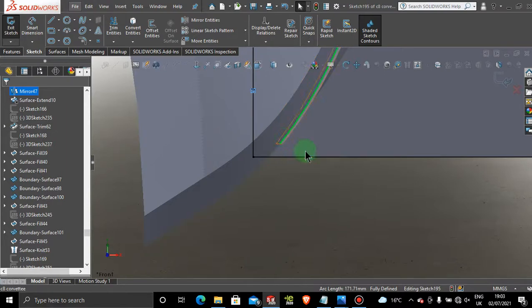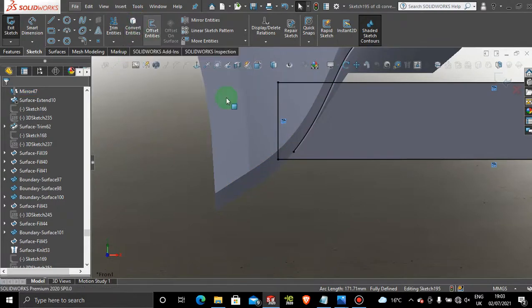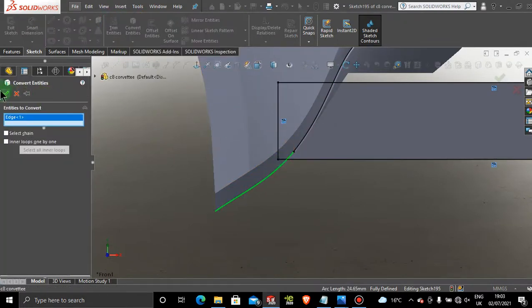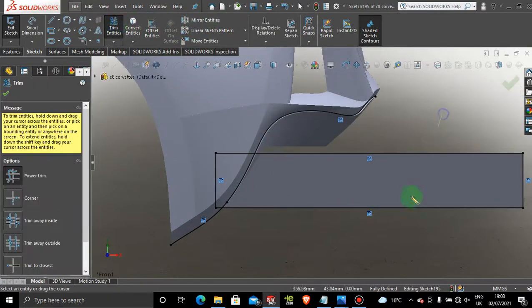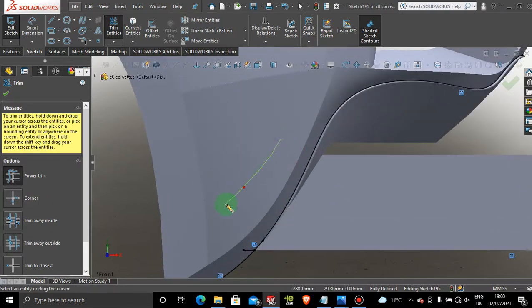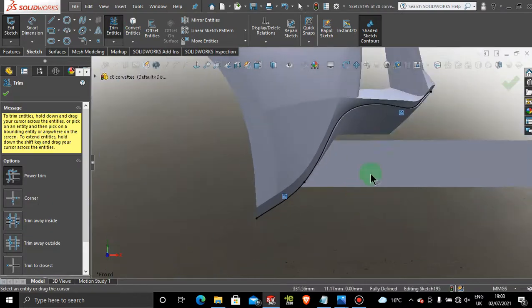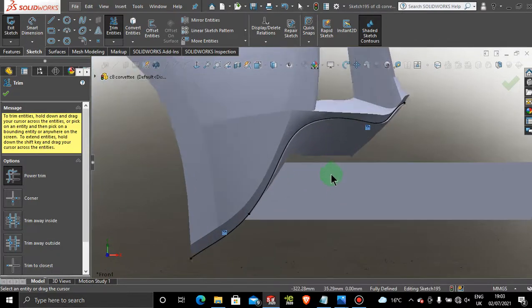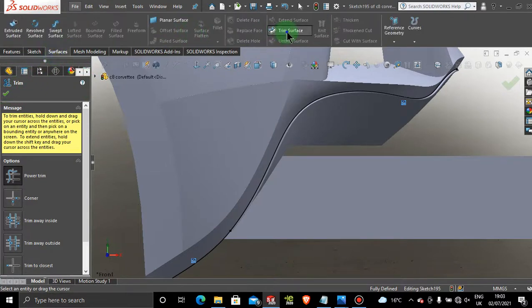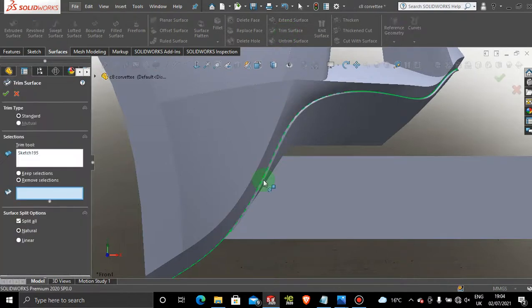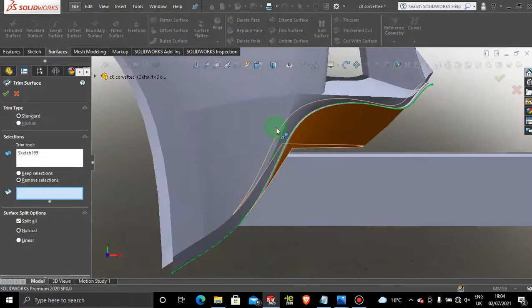Let's grab onto the corner, that one, and convert this one here. And then we're going to trim this section out. Okay, that's good. And let's jump to surfaces and trim these surfaces out and see what we get. Will be good because that falls into that one. Exit trim tool